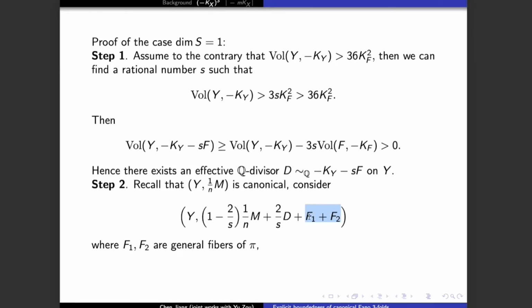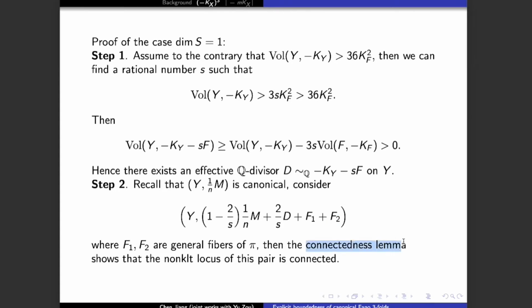It has two LC centers, F1 and F2. But we know that these two centers are disconnected, right? But according to the connectedness lemma, we know that the LC center of this pair must be connected. So that means we should have some horizontal LC place, right? So then we know that after restricting on the general fiber, the general fiber should be not